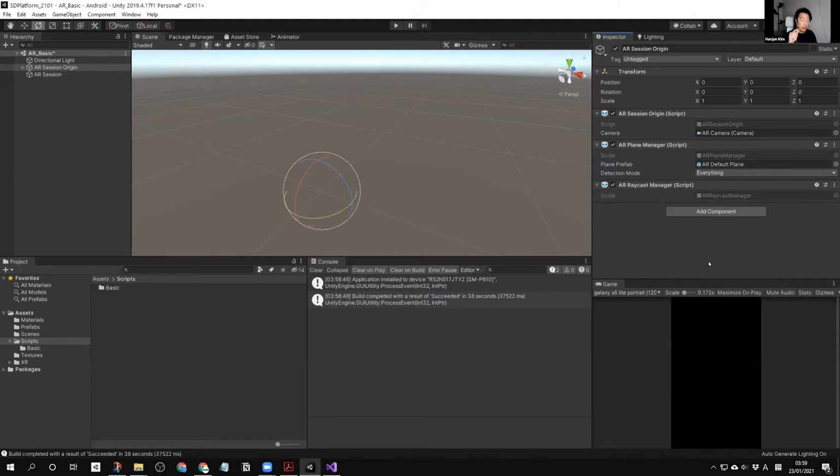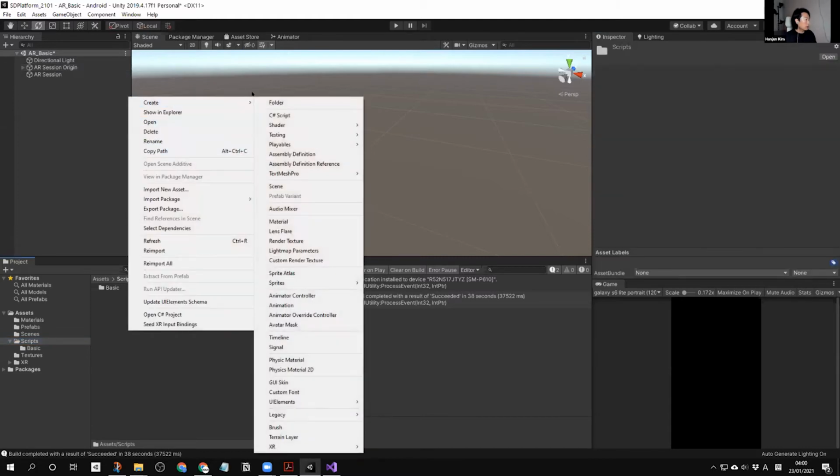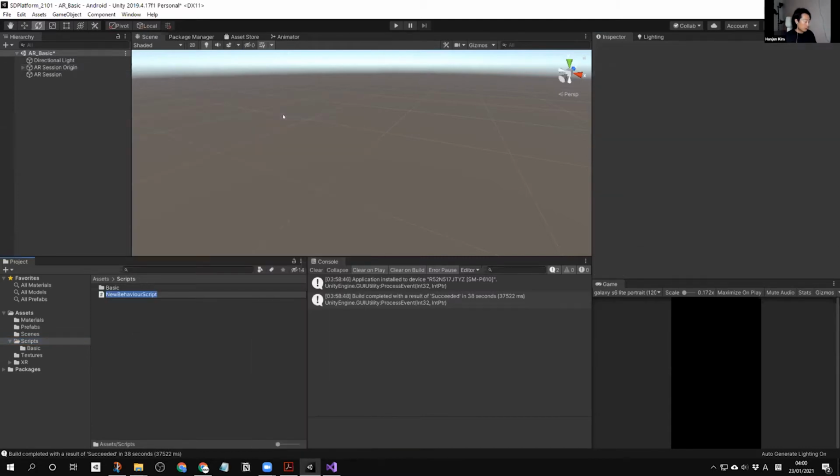Remember that we used the AR Raycast to locate some object, right? And now we're going to do exactly the same thing, but by using the AR and by your finger rather than mouse clicking. So let's go to the script and let's create the script AR